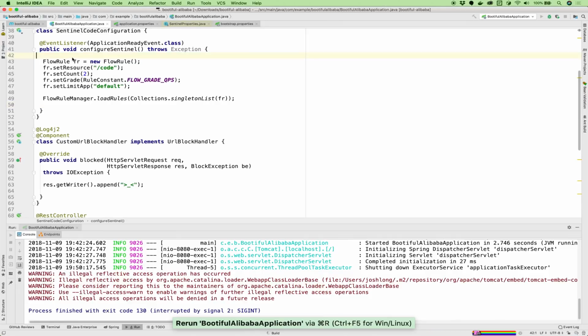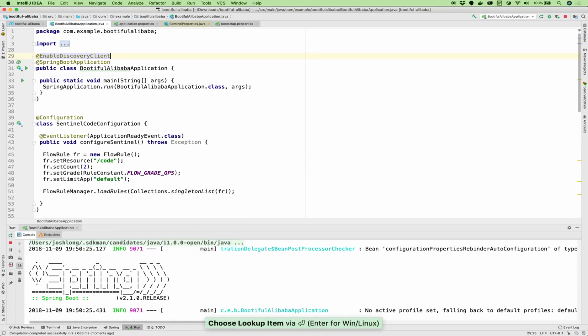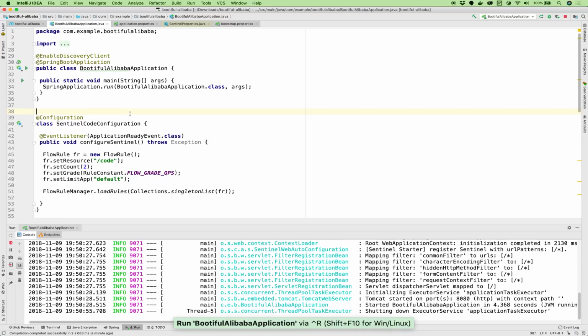Now, they haven't yet refactored the code such that you wouldn't need @EnableDiscoveryClient. If you've been using Spring Cloud for more than a year, you might remember that for the very large majority of Spring Cloud's life, you had to use the discovery client annotation. In more recent releases, we've dropped that requirement by opting in. You are considered to have opted in by having the dependency on the classpath, and that is enough in most cases. But for now, for Nacos, that's not quite true. So you need @EnableDiscoveryClient, and then we'll restart.